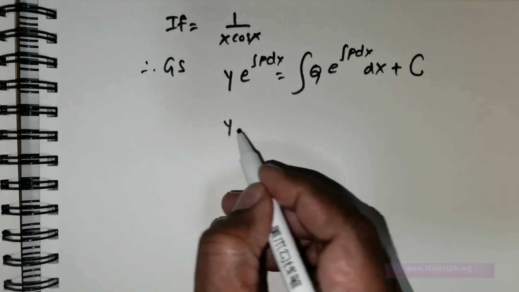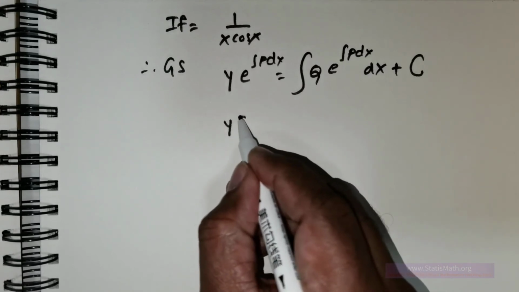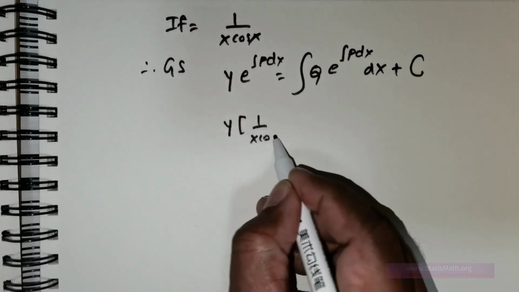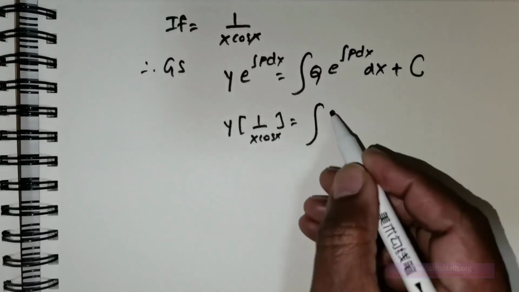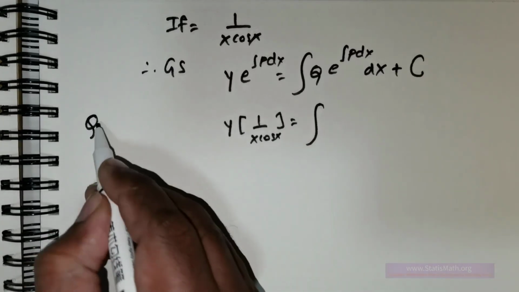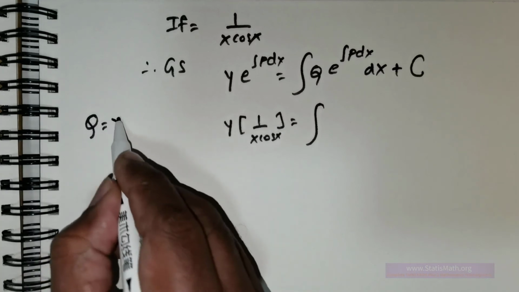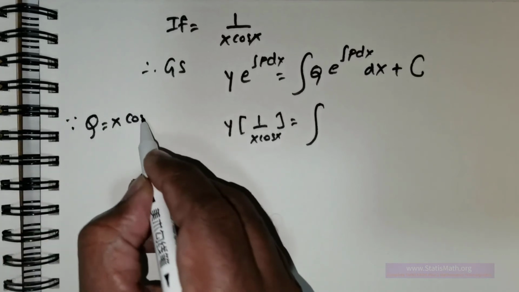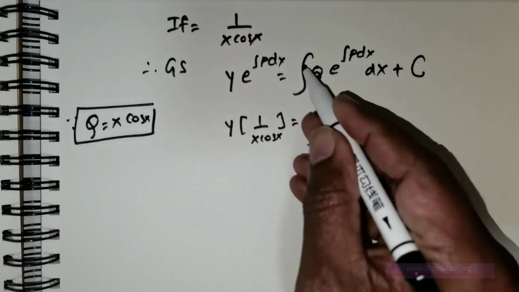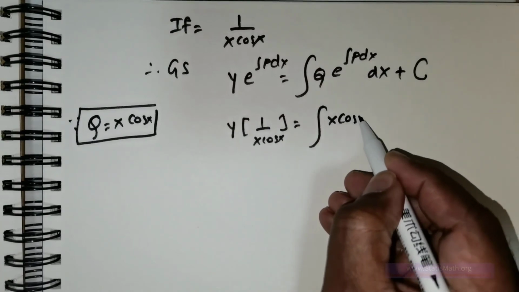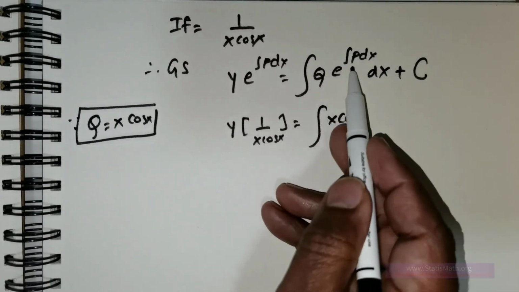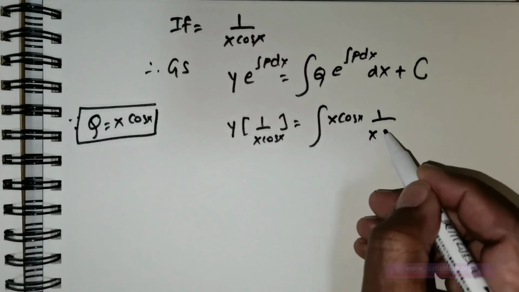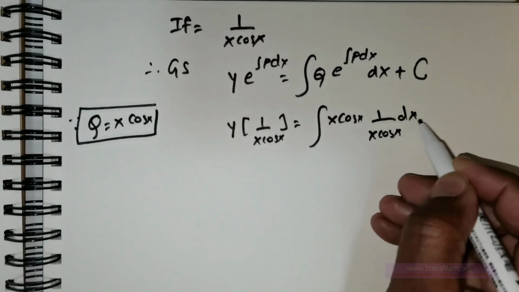So it's going to be y times the integrating factor 1 over x times cos x is equal to integral. Now my q is found to be x times cos x. Okay, this is my q. So place that x times cos x times the integrating factor 1 over x times cos x times dx